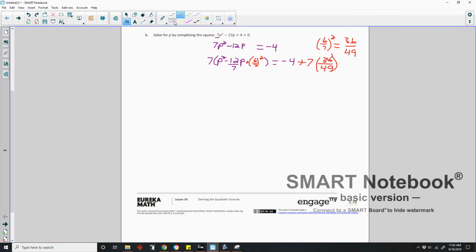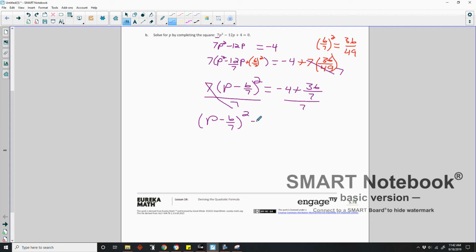All right, so now we are going to simplify. When I complete the square, this number outside doesn't change. We're going to get 1p, because p times p is p squared, and the middle term goes away, and we just end up with what's over here. But it has to be the sign of the middle term, so it's minus 6 over 7 squared, and that equals negative 4 plus, now these will cancel and become 7, so it's 36 over 7. And then from there, we want to multiply both sides by 7, or divide both sides by 7. So if I divide this by 7, and I divide this by 7, these cancel, and I get p minus 6 over 7, quantity squared, equals,